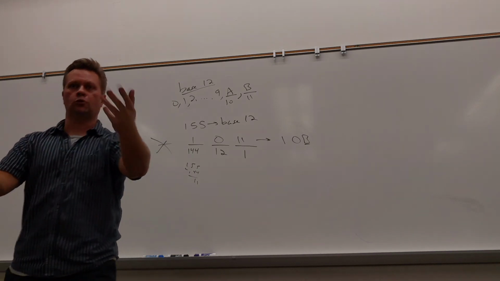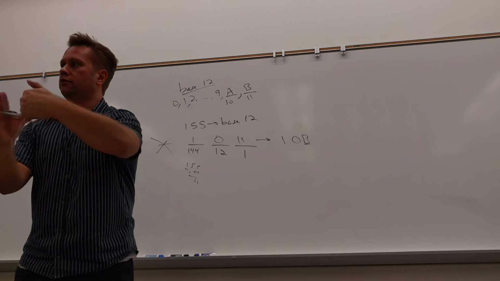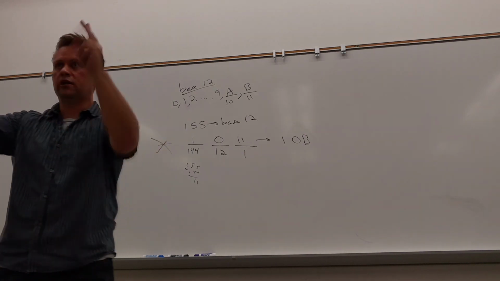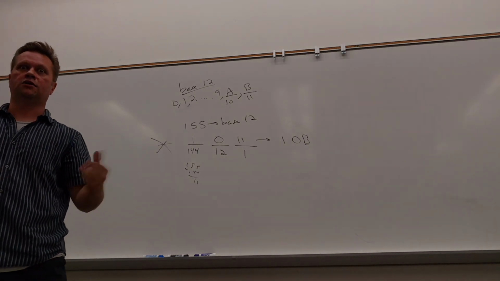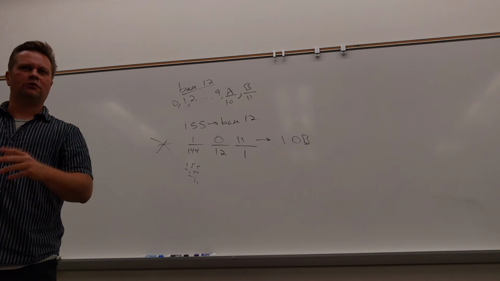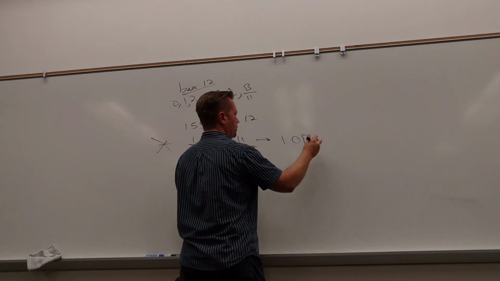Because I need something that represents 11 as a single place. So if we had base 12, we would go 1, 2, 3, 4, 5, 6, 7, 8, 9, and then whatever other thing we would have created to mean 10, a single symbol, and whatever we would have made to mean 11, a single symbol. Like 9, Umkla and Ik, or something, I don't know. That's exactly what we would have used. It only makes sense. So 10B base